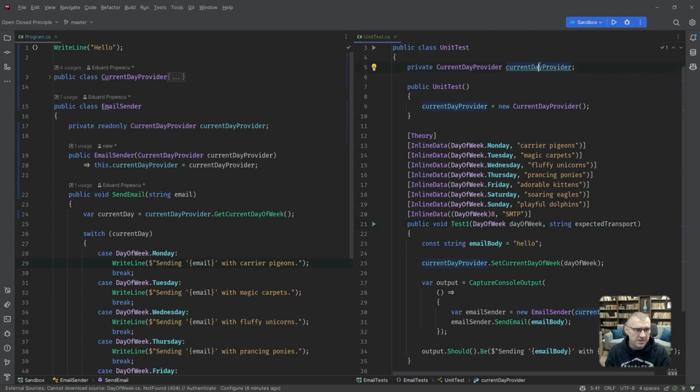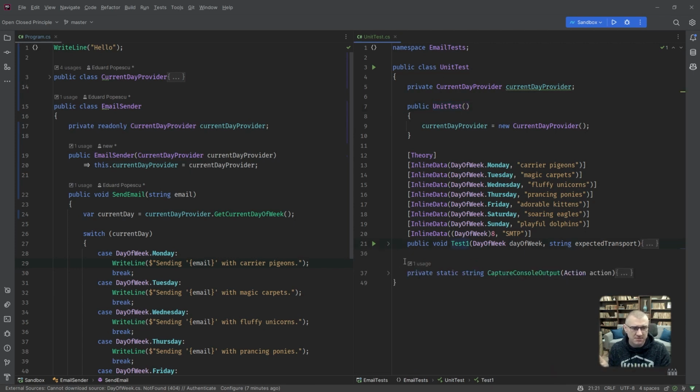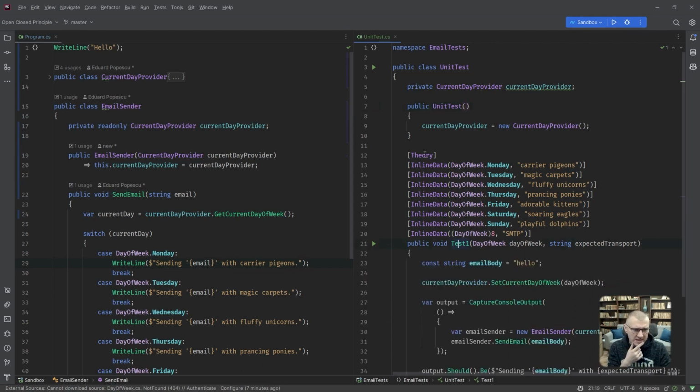So I want this to be set up once, because in xUnit, unlike other testing frameworks, the constructor of the test class is invoked once per test. So if I had more test methods in this test class, I would get the constructor invoked for each test method. I'm not sure exactly here in the theory.